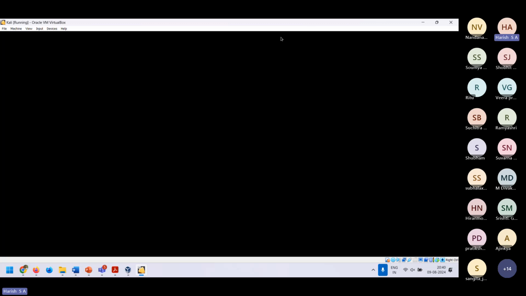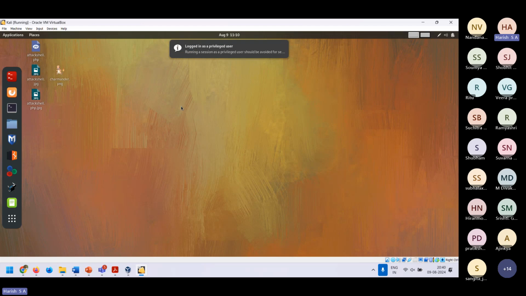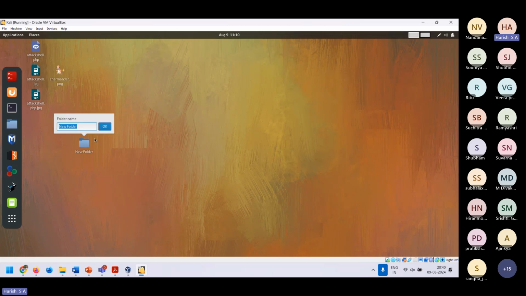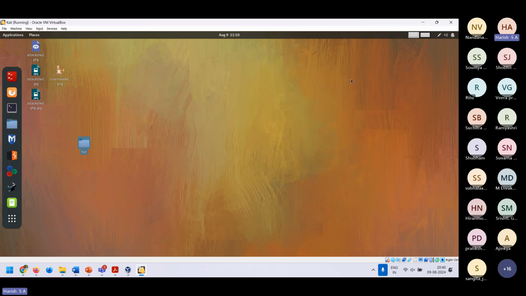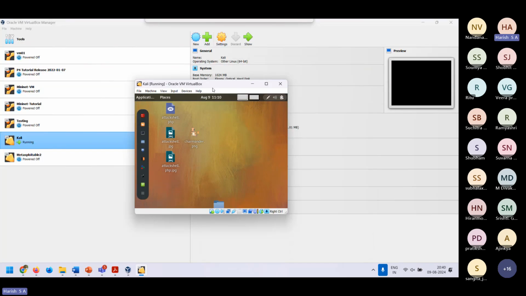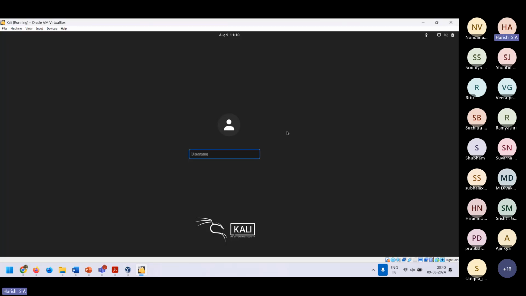So what I've done here is I have opened up another computer inside a computer. Can you see a desktop here? You can create a new folder like this, and then you can go inside. You can create another text file here. It's just like another computer, but this is inside my system. It's completely inside my own system.